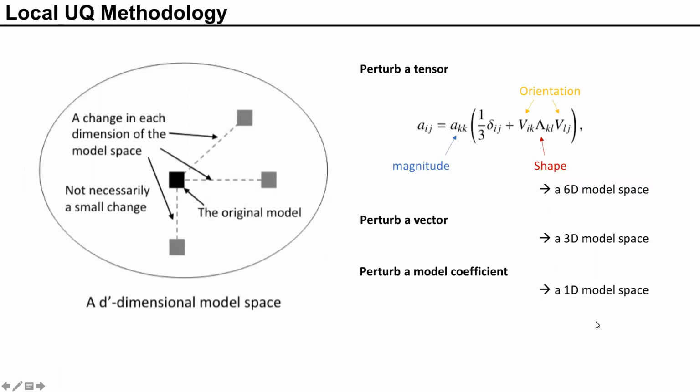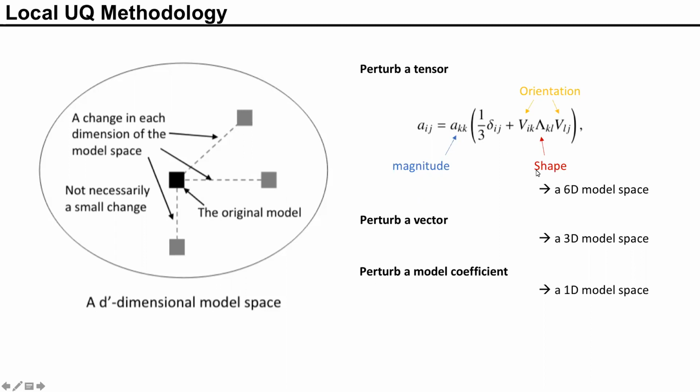All right. As you can see, those many terms will give rise to a high dimensional model space. So this is our model space. Let us consider a point in the model space, and that is our original model. We can perturb a term in our original model, and that will give us another model in the vicinity of the original model. And those perturbations will be considered as a model perturbation. There are many ways we can do a model perturbation.